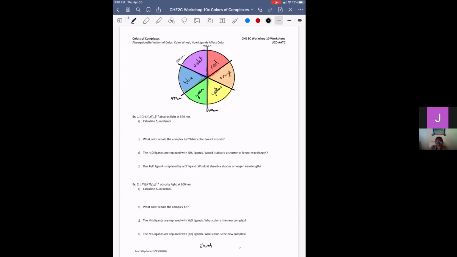And then for yellow, we'll go from 560 to 580 nanometers. And then for orange light, we'll start at 580, ending at 650 nanometers, right? And then our red range starts at 650 and ends around 750 nanometers, right? So those are the wavelength ranges for visible light, based on the colors that we